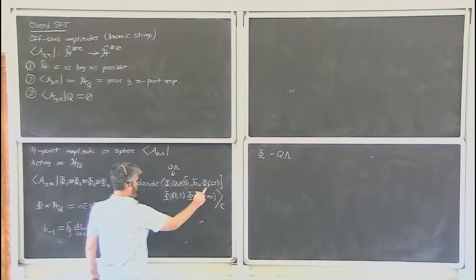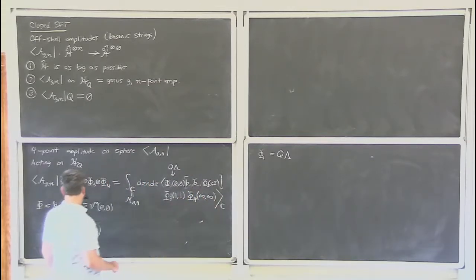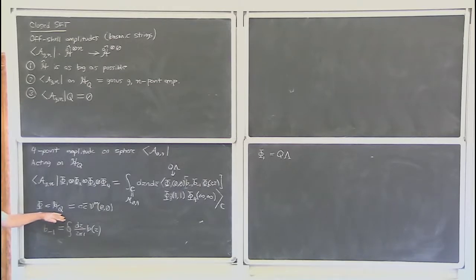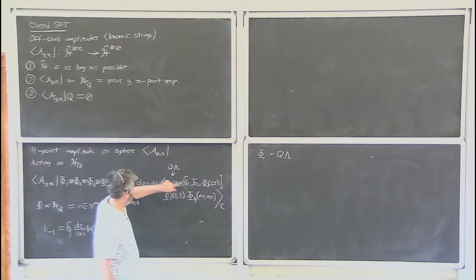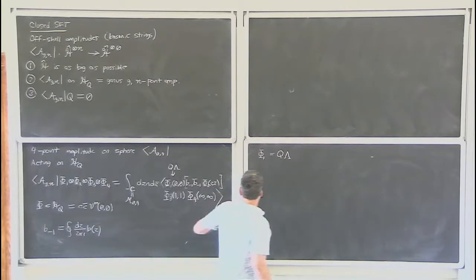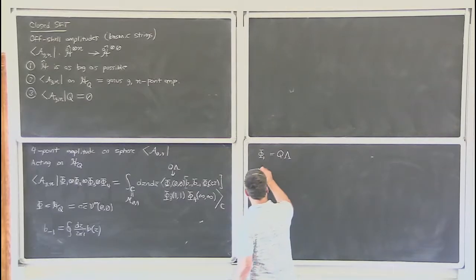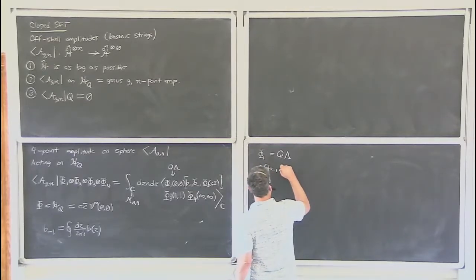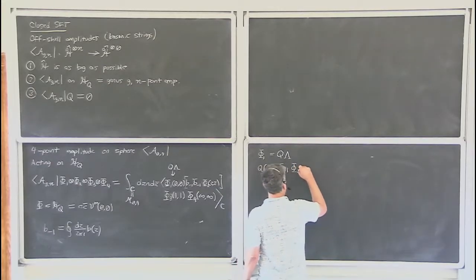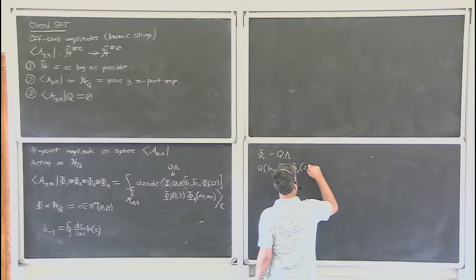Phi 2, phi 3, and phi 4 are BRST invariant because they're in H_Q, and the only thing that happens when you act Q on the rest of this stuff is that it acts on the b ghosts. So you find that Q of b_{-1} b-bar_{-1} phi 2 of z, z bar